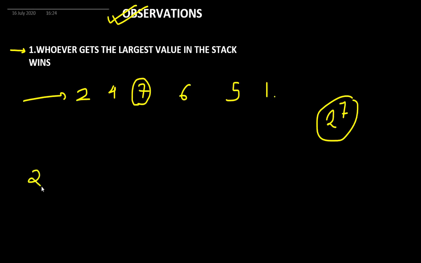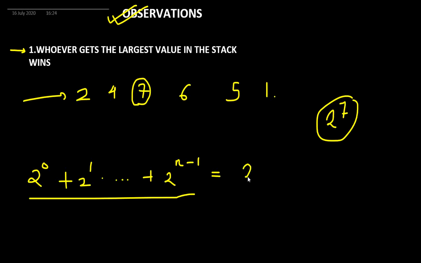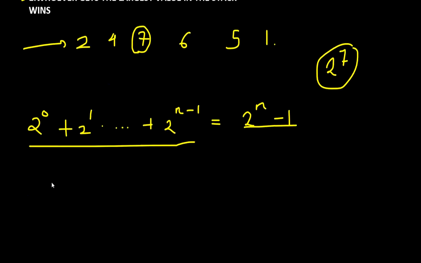So if I add up 2 power 0, 2 power 1 all the way till 2 power n minus 1, what will be the result? So from the property of GP, we can say that this sum is equal to 2 power n minus 1. Okay, so what does this mean in context to our problem? It simply means that if there are these elements present in the stack 0, 1, 2 all the way till n,